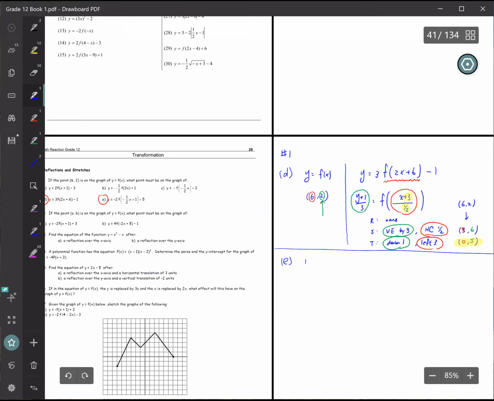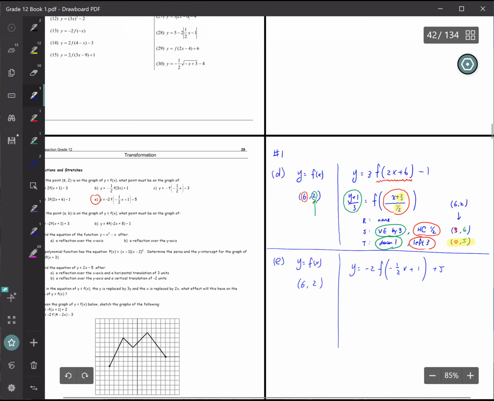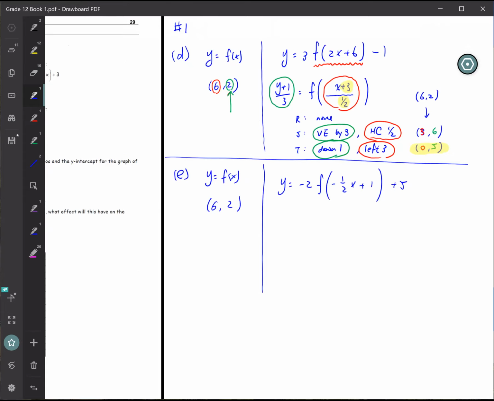Okay, E is still using the same point to start, (6, 2). Okay, and then we have y equals -2f(-1/2 x plus 1) plus 5. So same steps. I'm going to change it to story form first. Okay, so Brendan, can you help us with the story form? Y minus 5 over -2 is equal to f, f of,